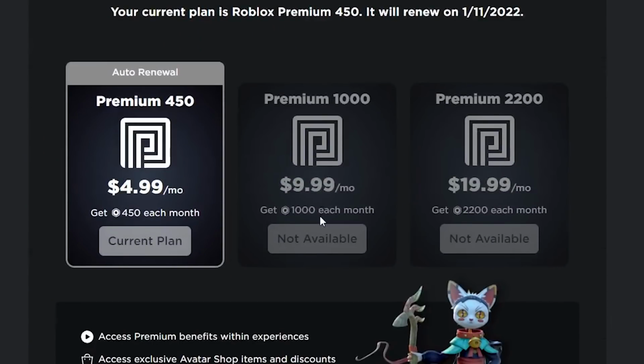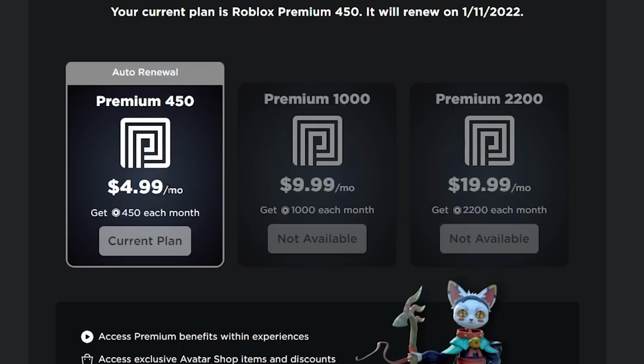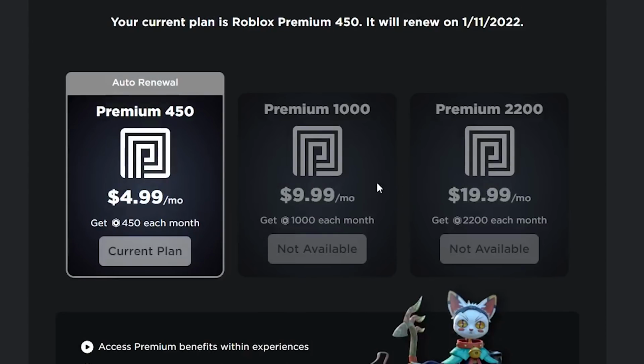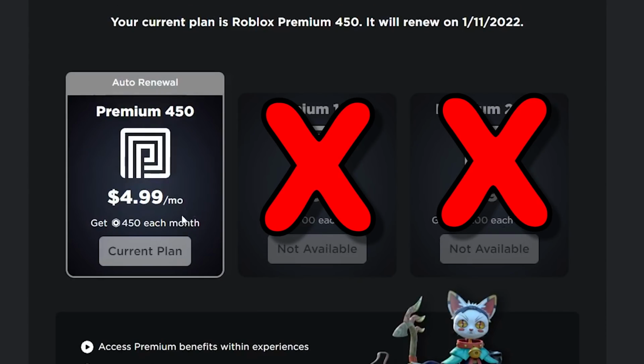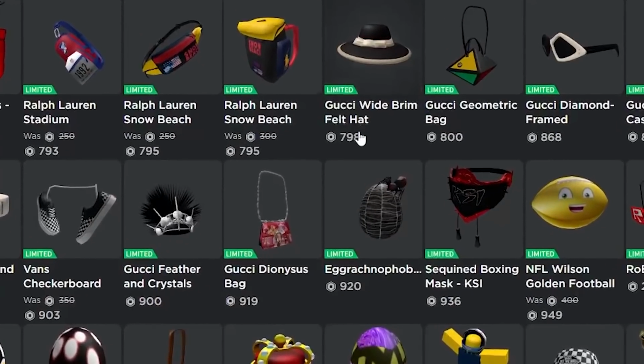If you don't have Premium, I definitely recommend getting the 450 one. It's the cheapest one, it's only $5 a month. You don't really need the extra Robux to start trading. Personally, I've never bought any of the other ones, I've only bought the 450 one, and I recommend it for you guys as well. So once you have Roblox Premium, what you need to do is you need to get